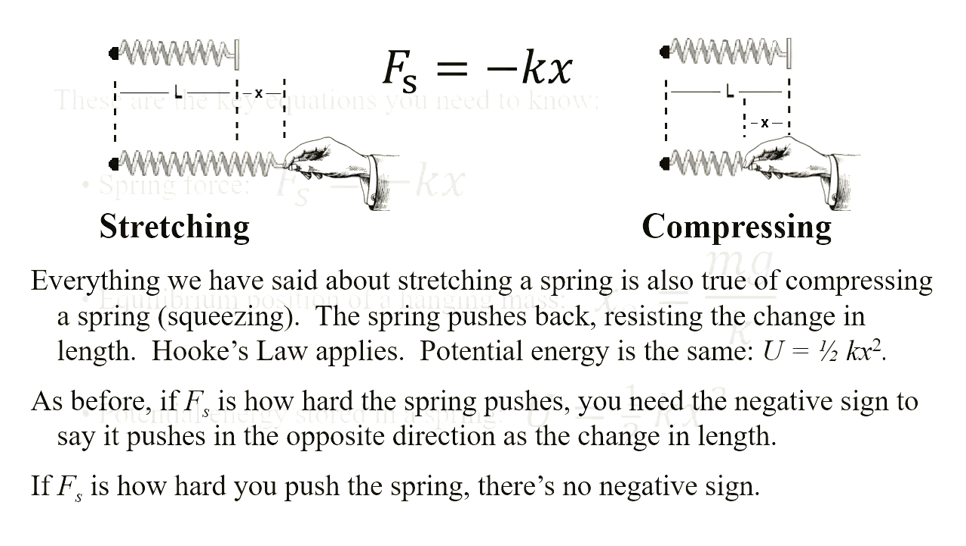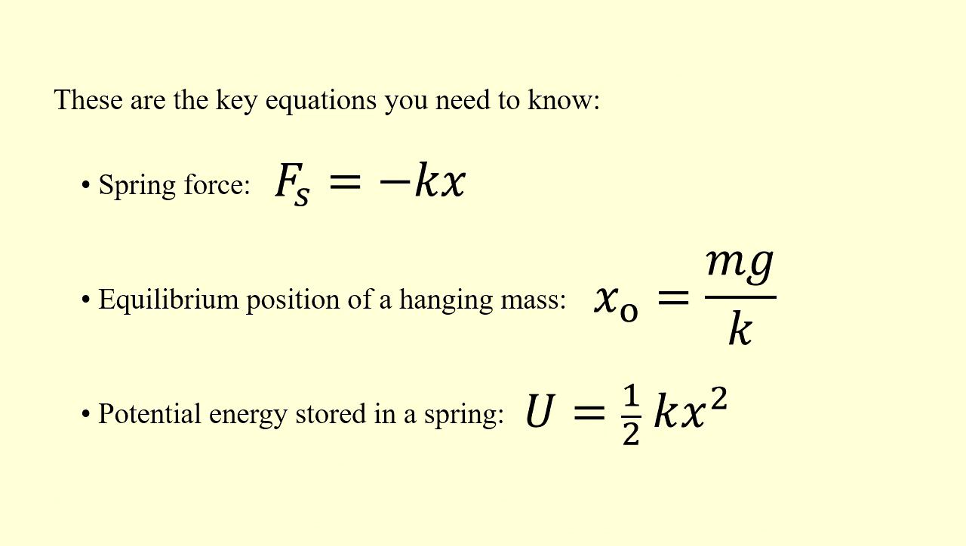As a quick summary, here are the 3 key equations you need to know so far. Hooke's law says that for an ideal spring, the spring force, F sub s, is proportional to the spring constant, a number that tells you how strong the spring is, times x, which is the change in length of the spring, whether the spring has been stretched or compressed. There's maybe a negative sign in there. It depends on whether F sub s is how hard the spring is pulling or how hard you are pulling